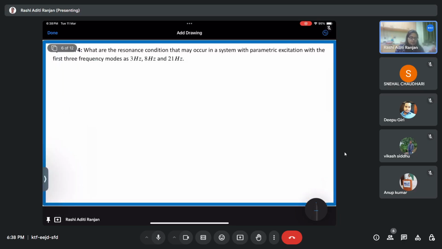Coming on to question number 4. What are the resonance conditions that may occur in a system with parametric excitation with the first 3 frequency modes as 3 Hz, 8 Hz, 21 Hz? Okay, so we have omega 1,